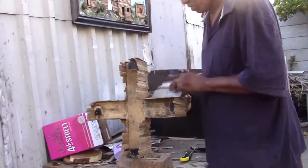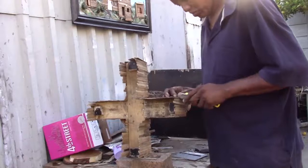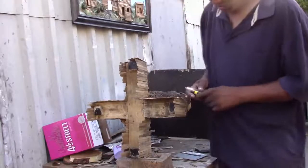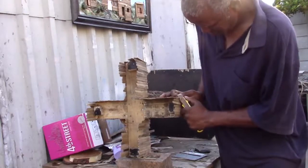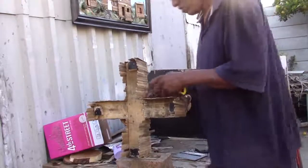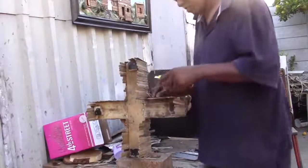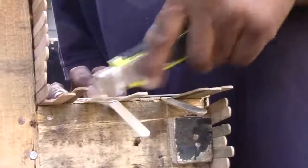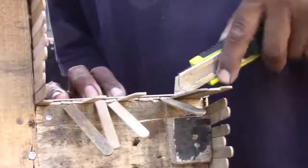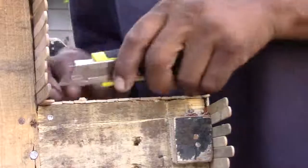See there, so I must chop it. I see my camera battery is going to die now, so I must put it on power now, otherwise I cannot go further with this part. So where are my power supplies now? Okay, there's one. I'm working fast, otherwise